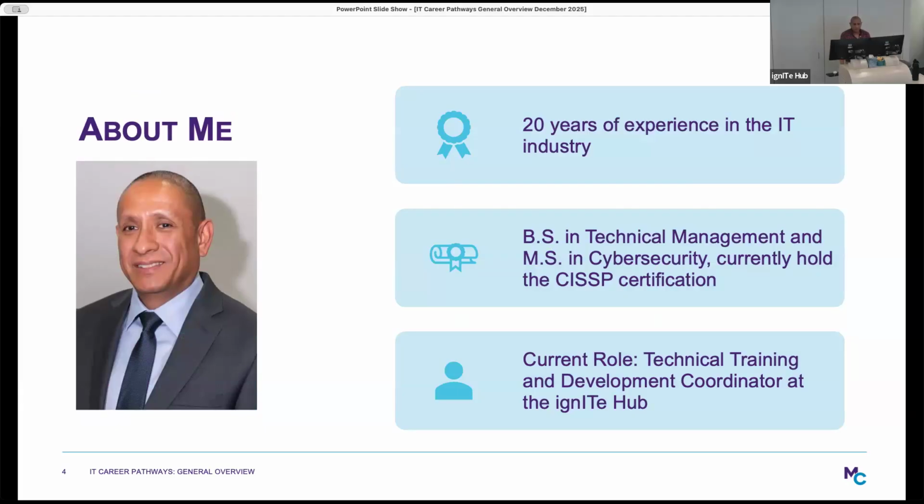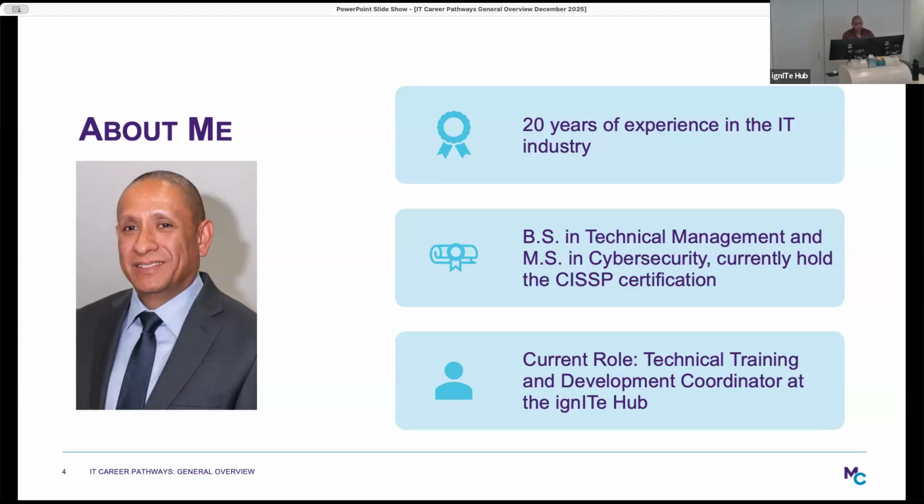I actually started building and repairing computers, when that was still a thing. Then I've done support, I've done system administration, then I specialized in cybersecurity. And now I have pivoted a little bit more into the instruction side. I hold a bachelor's degree in technical management with a concentration in business information systems, a Master of Science in Cybersecurity, and I currently hold the